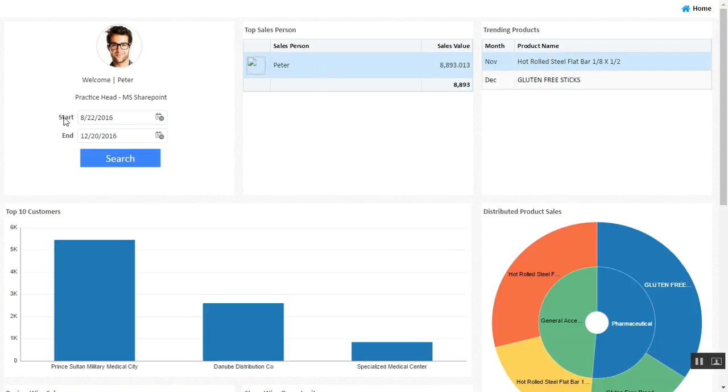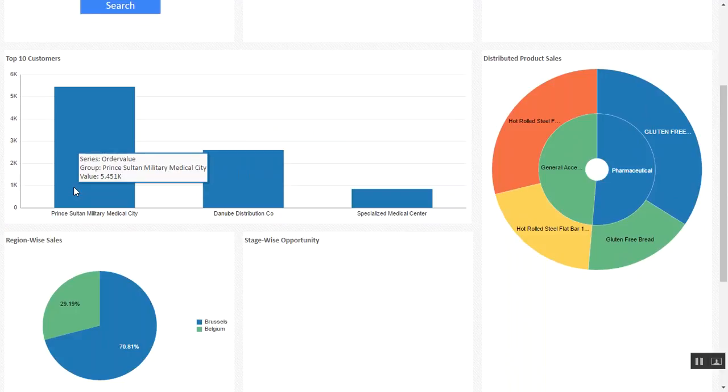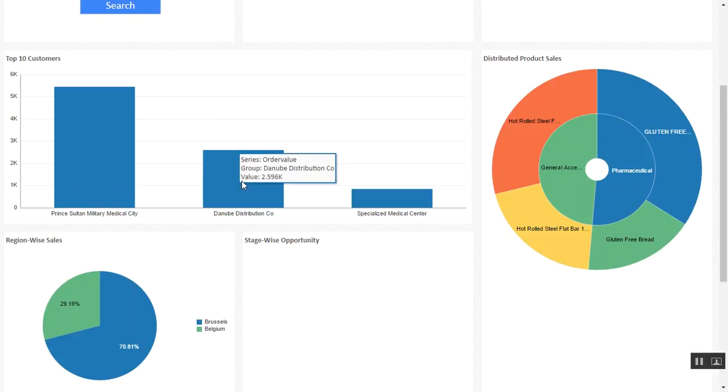For this particular period that I choose over here, I have only one salesman in my demo, so it's showing me the maximum sales of this person is 8893, based on the information that is entered by the entire organization. It shows me for November and December, these were the trending products with the maximum amount of sales. I've defined only 3 customers, so it's showing me which are my customers which are giving me the maximum amount